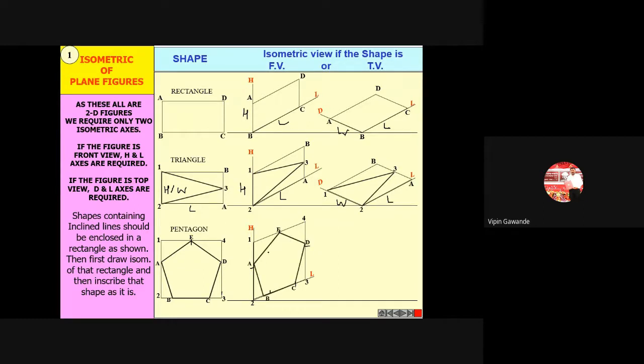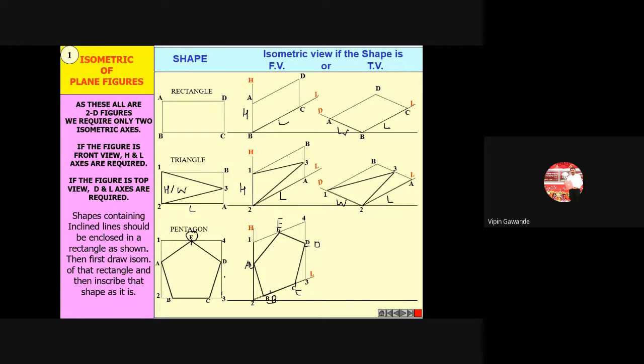After marking those points, which points do you have to mark? E point, 1E distance. This is E. 1A distance here. Then this is the 2B distance you have to mark. You have to take this distance in the compass and mark it here. 3C distance here, then 3D distance here. After marking these 5 points, you have to join them. Like this. So for a pentagon or hexagon, you have to take an outer rectangle or outer boundary, and then in the outer boundary, from the corners only you have to draw the vertical line.